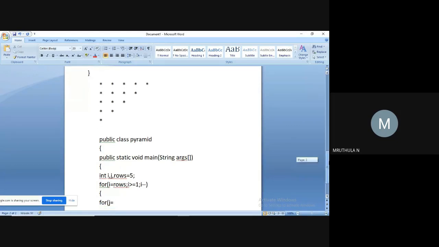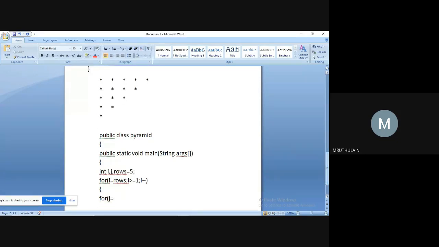Usually, J is the number of times we are printing or displaying the star. In the J loop, what we are actually doing is displaying that star. The condition of J is whether J is less than or equal to I, and only then do we print.